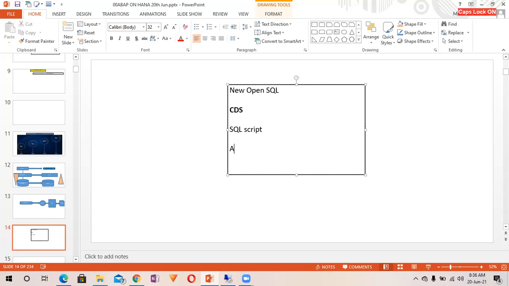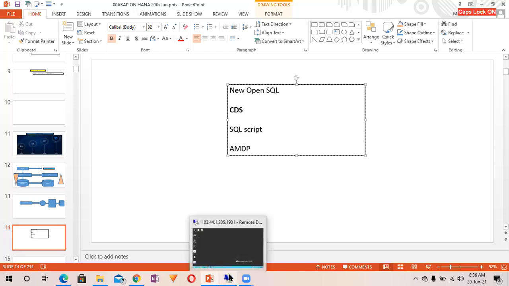We have AMDP. AMDP is a backdoor way of consuming SQL script. So in order to understand AMDP also, you must master SQL script. If you are very good in SQL script, you are a good developer of AMDP as well.